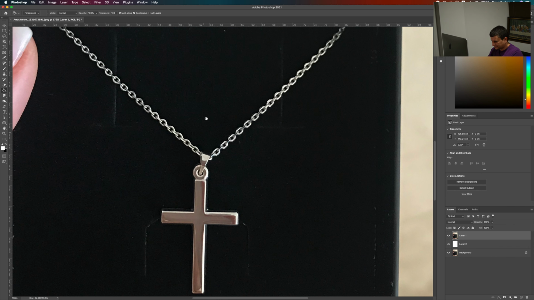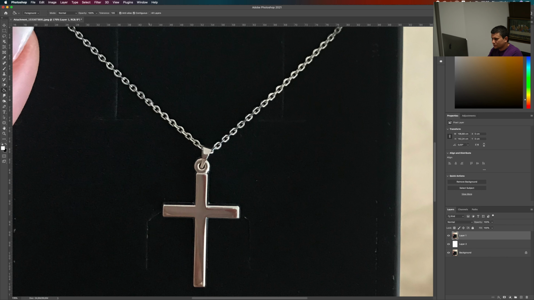So first, we'll cut out these parts here, from here to here. Now, I'll use the eraser tool.